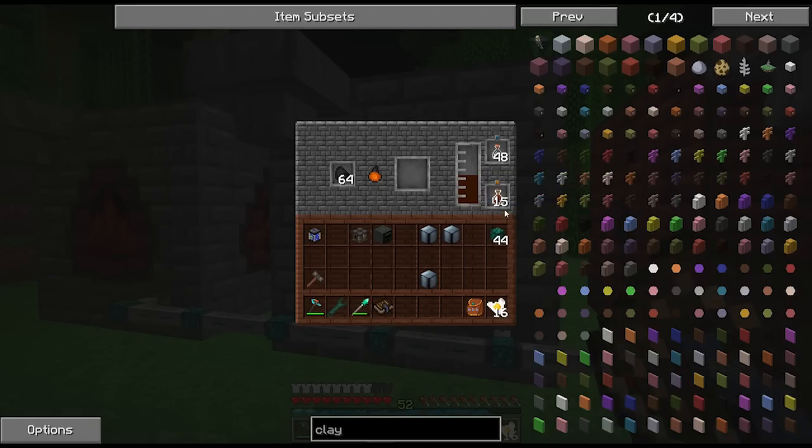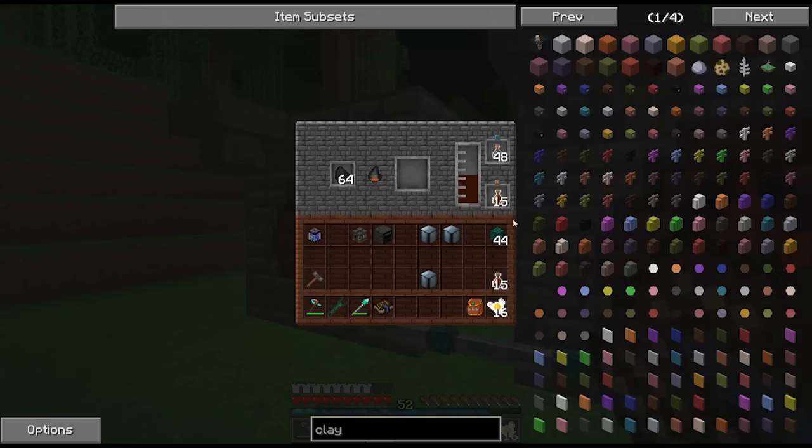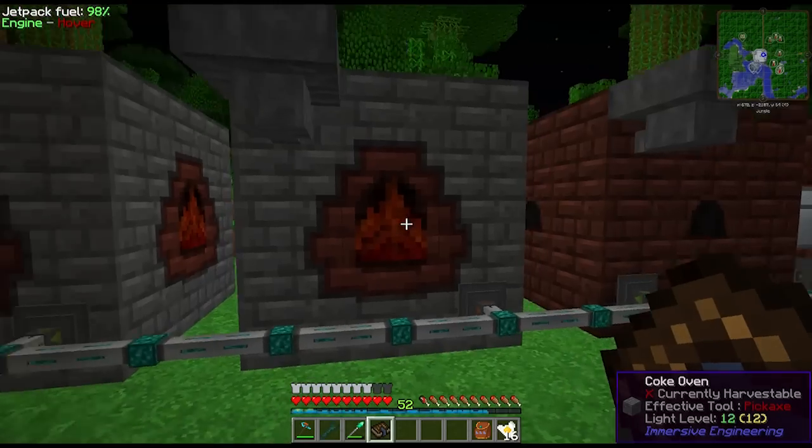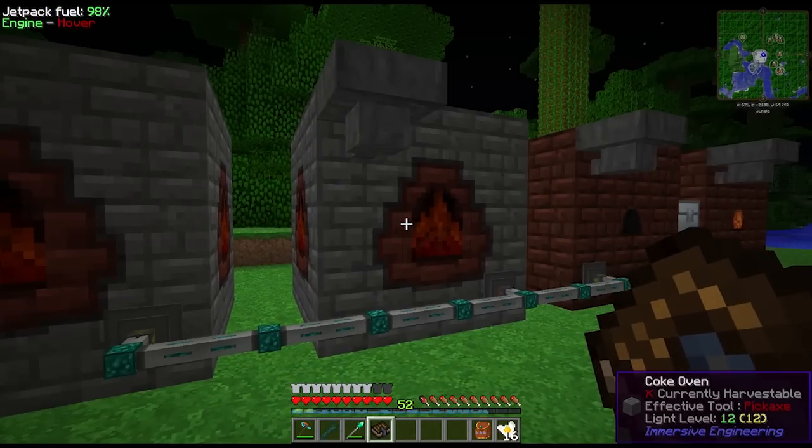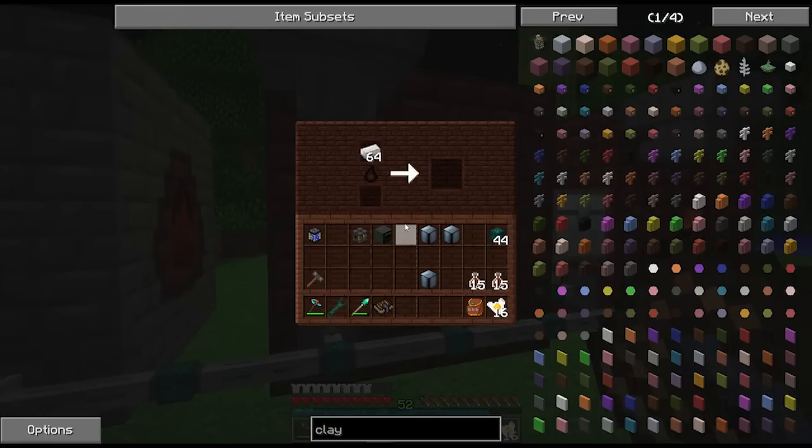Just noticed why. Because this doesn't stack. I gotta start pulling these out. Aha, they only stack to 15. Interesting. I'm gonna have to pull these out. And if you guys know Railcraft, you guys know how to make coke, coke, and then make...